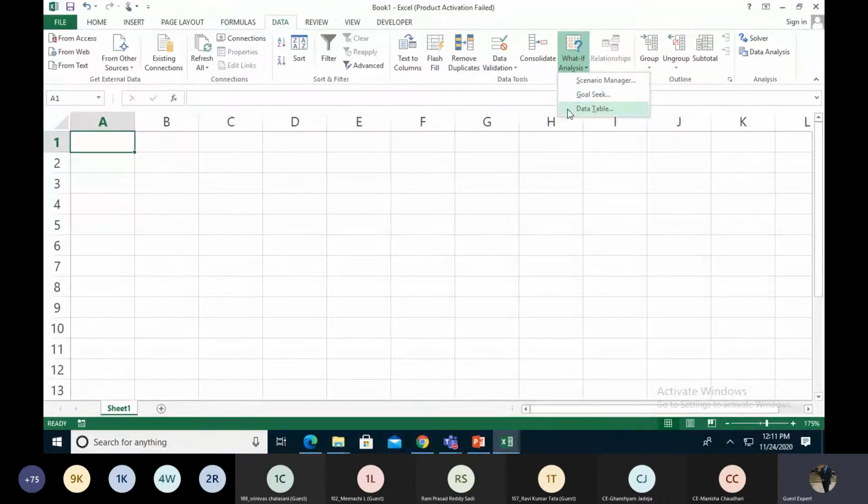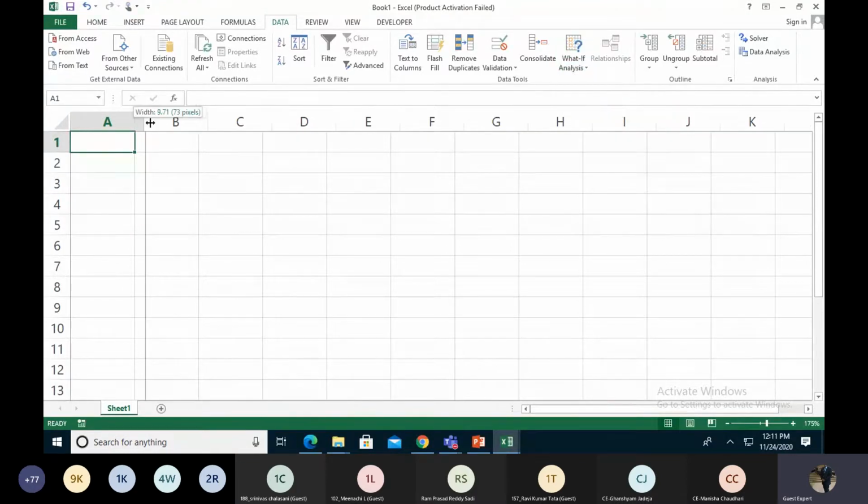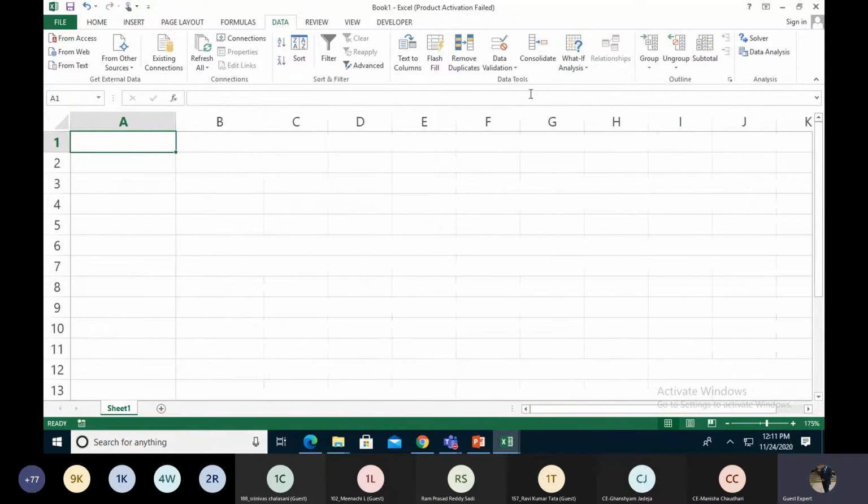We saw the data table in EMI calculations, where we create the EMI, and with the left and right columns we get the detailed data and chart using the data table, as well as Goal Seek. I just repeat this task once again because we mentioned it in today's session. Then we show the scenario manager, and then we move into the next session, the Solver.